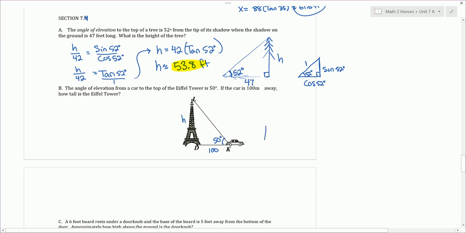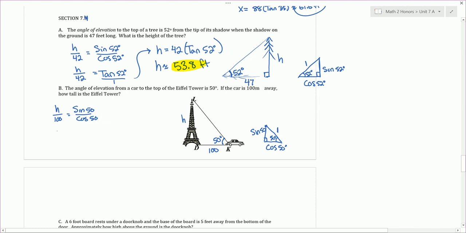I'm going to draw another right triangle that's similar to this one. They both have a 90-degree angle and a 50-degree angle of elevation. Hypotenuse is 1. Opposite side is sine of 50 degrees. Adjacent side is cosine of 50 degrees. And set up a proportion. Here we have h over 100 is equal to sine of 50 over cosine of 50,